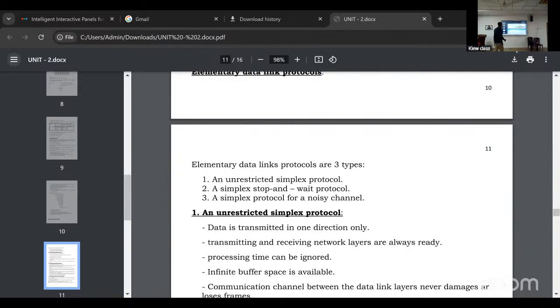And one more they will ask: piggybacking. Make a note. 2 marks or 1 mark question అడుగుతారు, based on your pattern. So what is piggybacking? Piggybacking means data can be transmitted simultaneously: data plus acknowledgement.